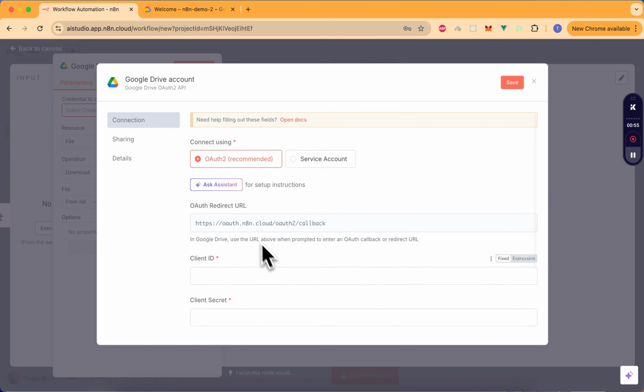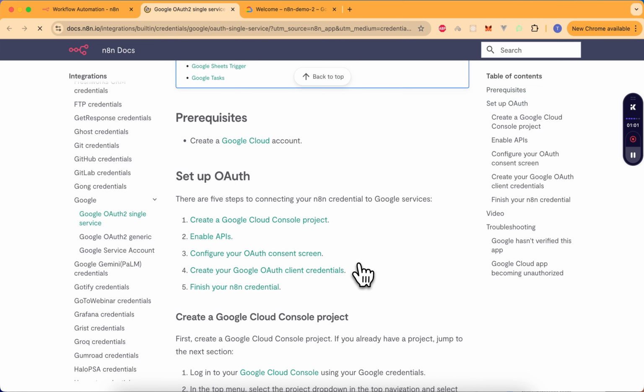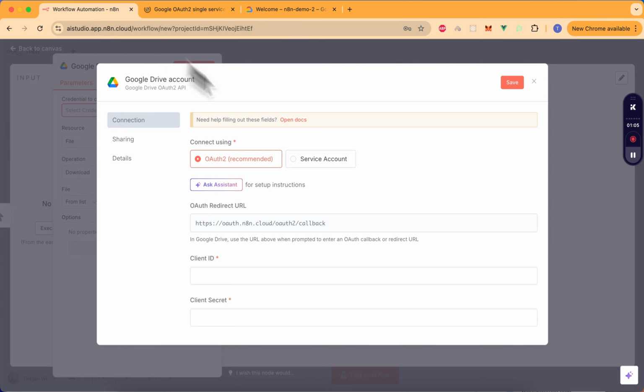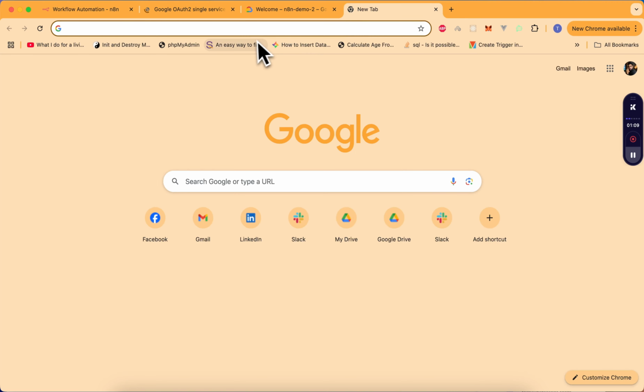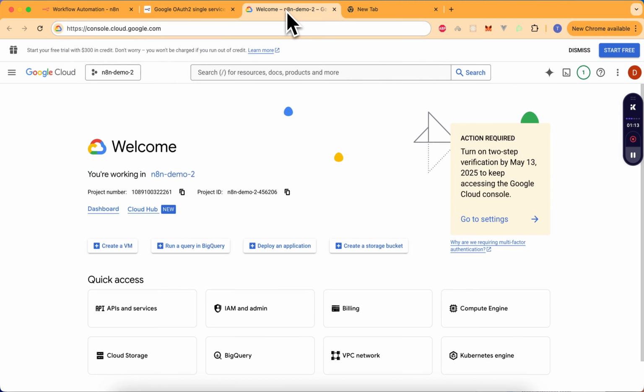So you obviously have to open Docs, but essentially what you have to do is create a Google Cloud console project, enable the APIs, and configure the client ID and client secret. First of all, go to console.cloud.google.com. I have already opened that up on my email, and once you're here, you have to create